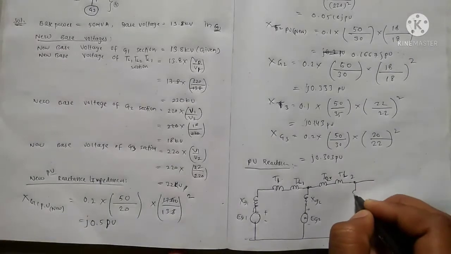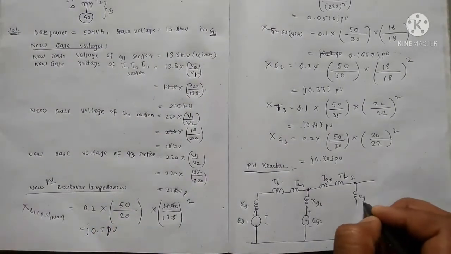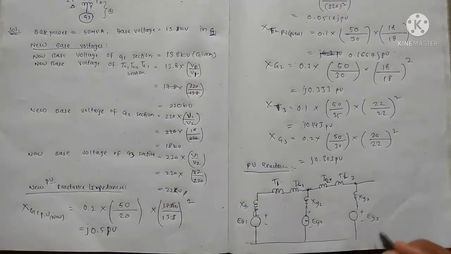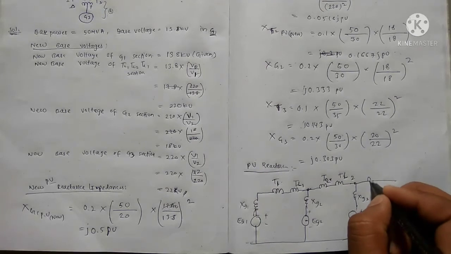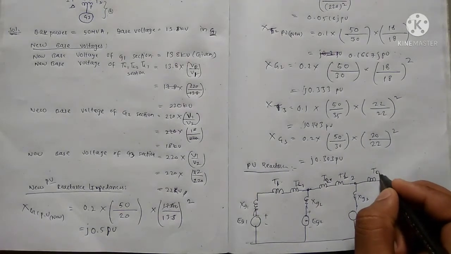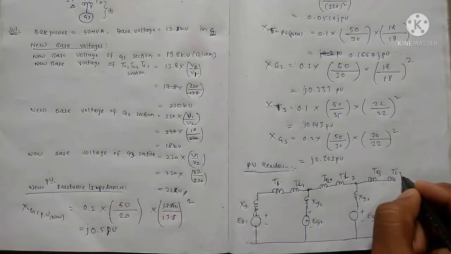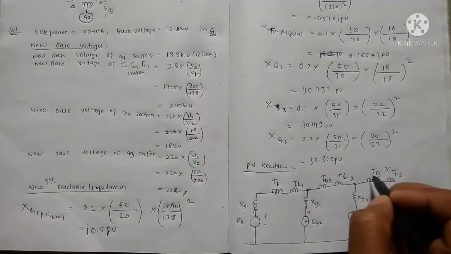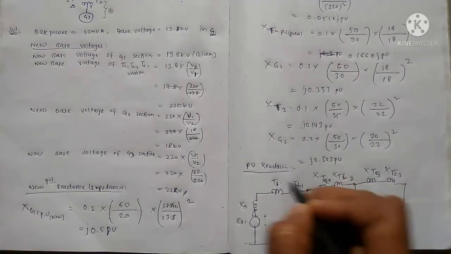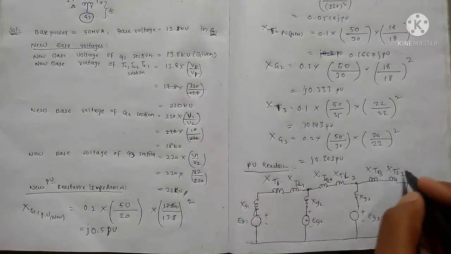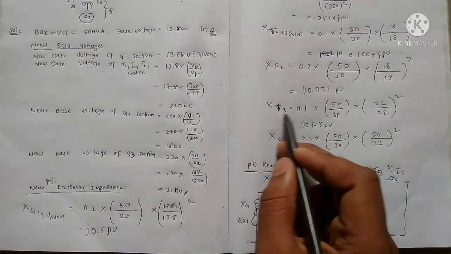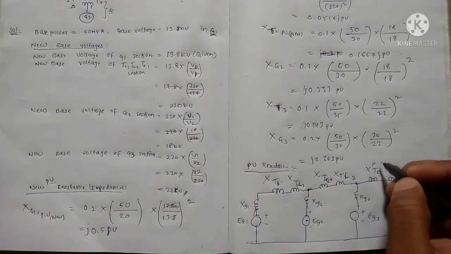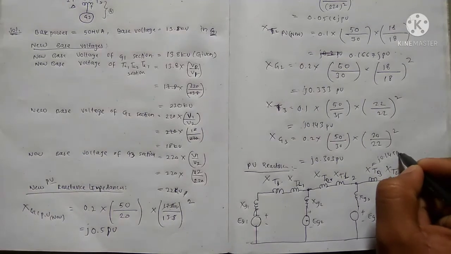And finally similarly connect generator G3 as like this, EG3. We need to connect T3 transformer and TL3 transmission line. You can write all these reactances values. For example, I will show. For T3 we calculated as 0.1438. We need to write like this: XT3 is equal to j0.1438, for all the reactances.